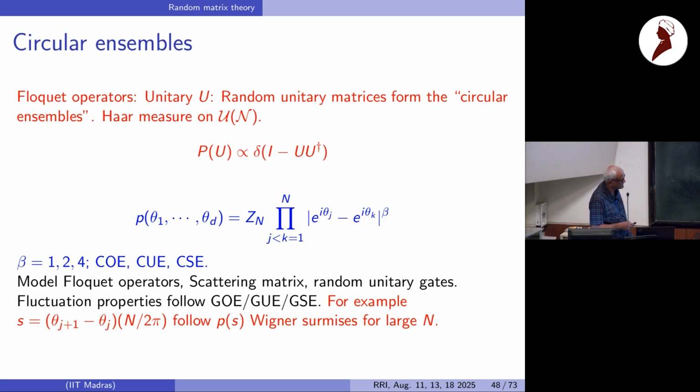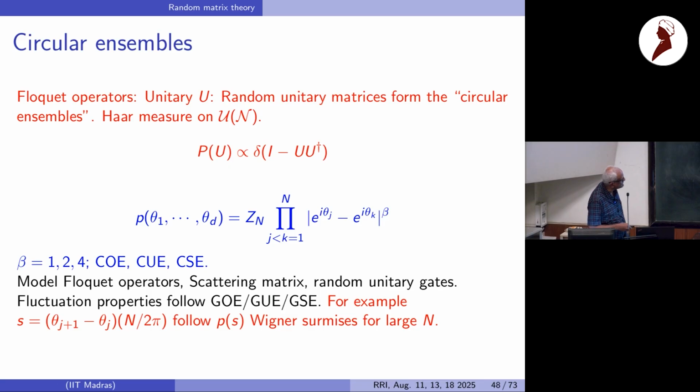It's more correlated because, for the case of a Hermitian matrix, we could just define the entries to be all independent and IID distributed. But in the case of unitary, every column has to be orthogonal to each other, and therefore there's more correlation built up in that, and therefore that's more difficult, but that's how you would describe that. The eigenangles of this, or quasi-energies, are distributed like this. So it's a very simple formula again.